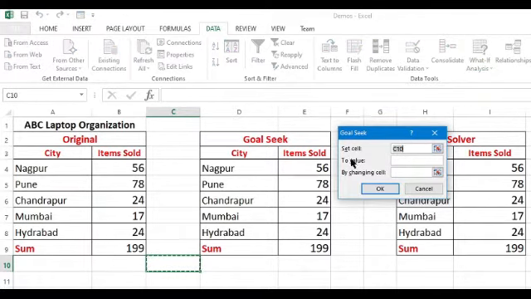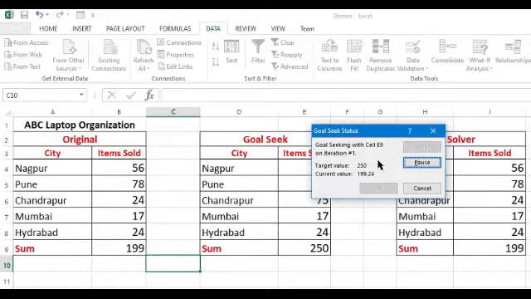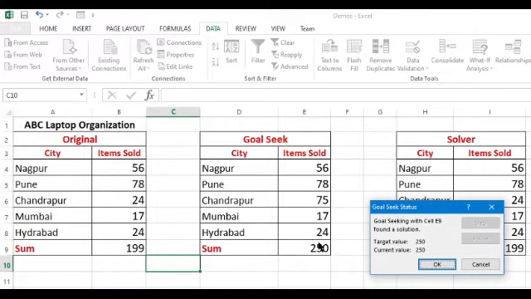Now which cell? Set cell E9 to a value 250 by targeting which cell? By targeting Chandrapur, that is E6. Now observe. Total cell is 250, and we have concentrated on Chandrapur. Please remember, using goal seek you will be able to target only individual cells, not multiple.